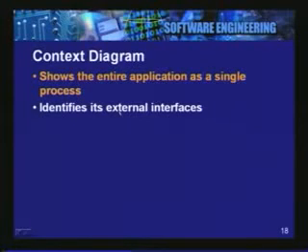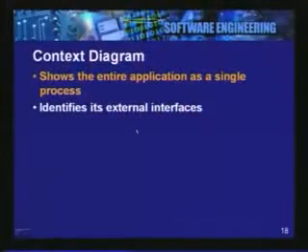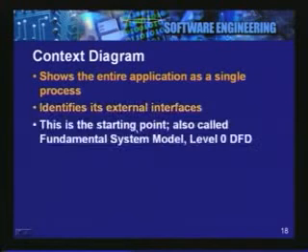So the context diagram is a very important step, and the focus here is not so much on the details of the process itself, but on its external interfaces. What are the external entities it is going to interact with? What are the outputs it will produce? What are the existing data stores that it might have to interface with, in terms of obtaining the data or updating that data? So this is usually the starting point, and it's also called the fundamental system model or the level 0